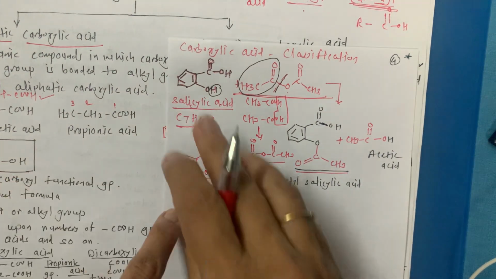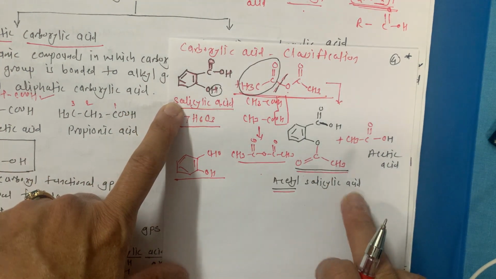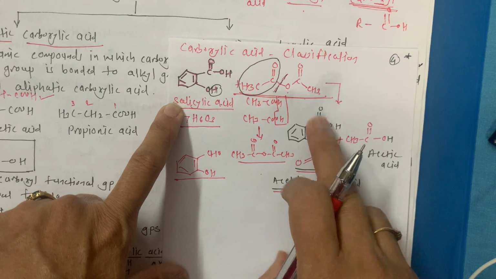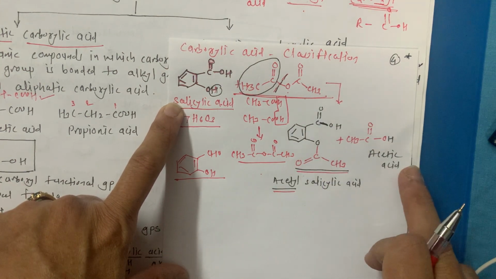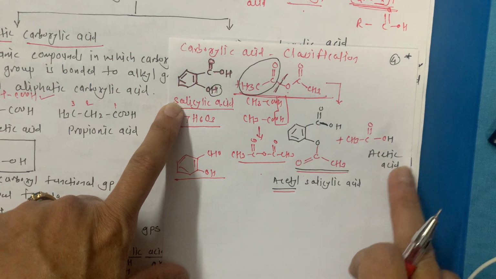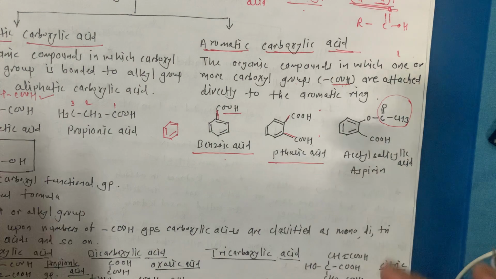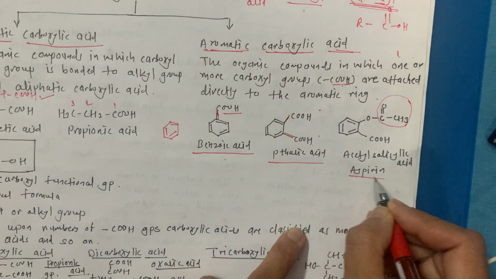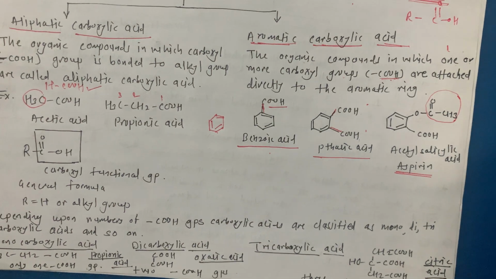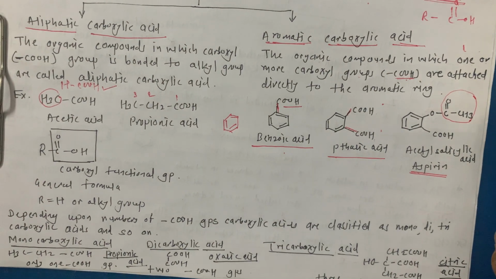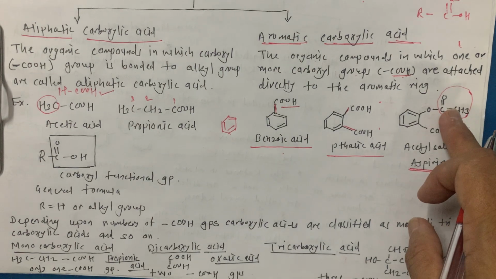Okay, and salicylic acid is the basic name of the compound, so it remains as it is because the carboxylic group is as it is. So this is acetyl salicylic acid. The byproduct is acetic acid, and this acetyl salicylic acid is known as aspirin. Remember this very well. You have the video, so you can go back and check the reaction and remember how we get this structure.